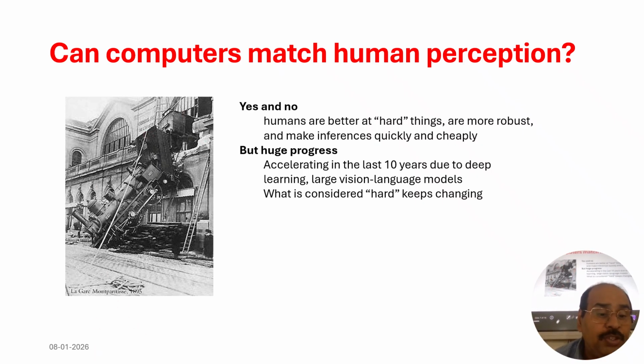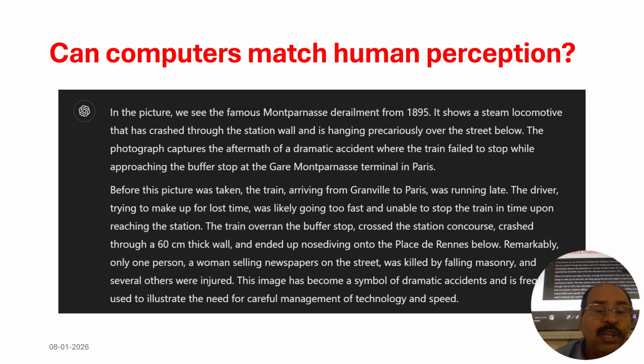What is this original image? There is a small clue given in the text. In this picture, we have a famous derailment accident that took place in 1895, wherein in Paris, the train overshot, broke through the buildings, and came out. So the details of that image are given in this particular slide. This can be read and you can share it also. You can understand more by reading this.